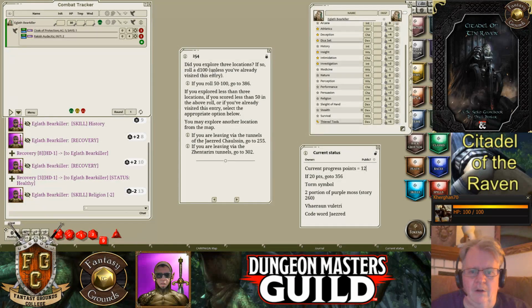If so, roll a d100, unless you've already visited this entry. If you explored less than 3 locations, which I did, if you scored less than 50 in the above roll, or if you already visited this entry, select the appropriate option below. If you are leaving via the Zentarum tunnels,